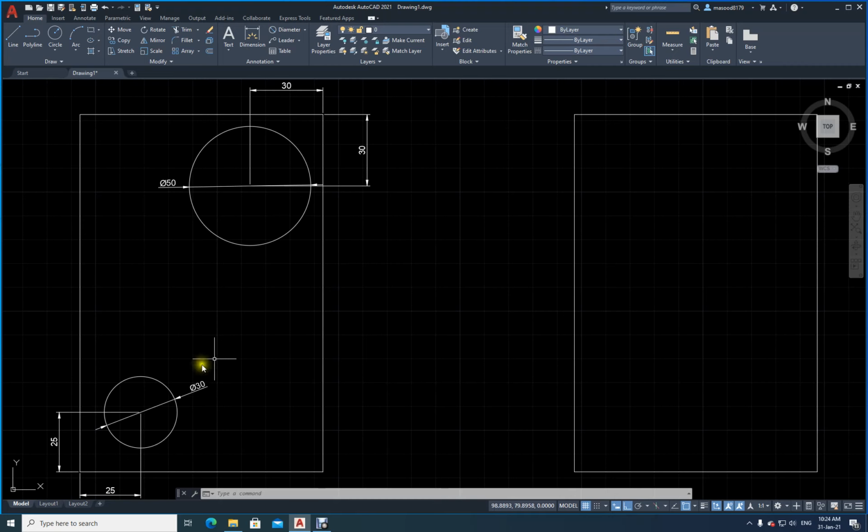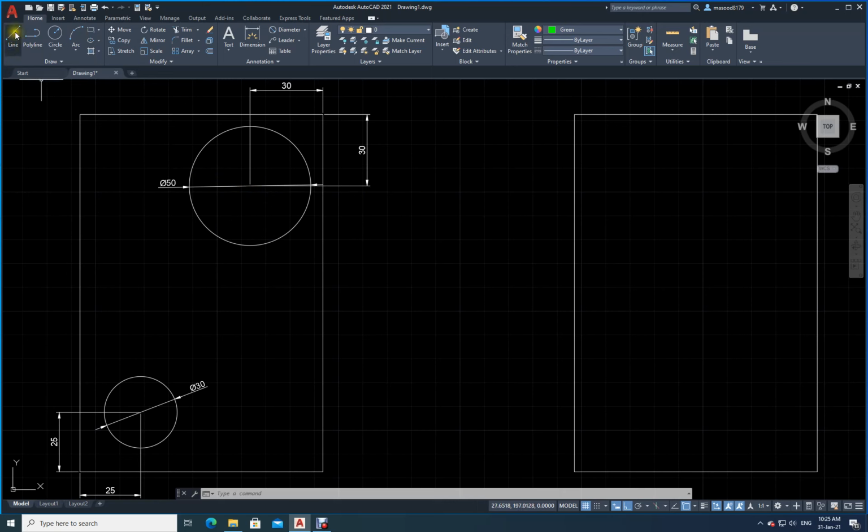Now, what is the distance? What is the x-axis distance from this corner? This distance is how much? 30 along x, and then along y it is another 30 downwards. Similarly, here it is 25 and 25. Okay. Now, how are we going to draw this? Let me show you how we are going to draw. First, let me just change the color for the purpose of demonstration. I will just take a green color. Now first I need to locate the center of this circle.